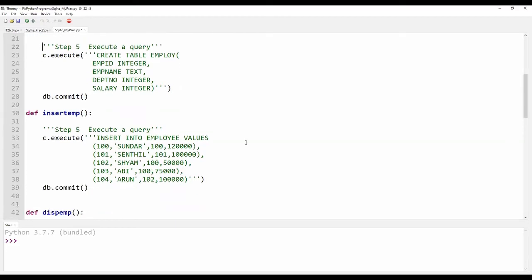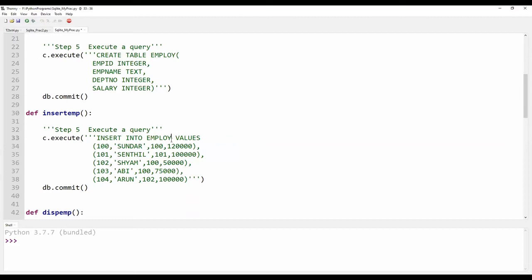In insert, this is the first time I have created the table, so the table will not have any values. Now I am trying to insert the values into the table, namely employee. That is, we are trying to execute the query.